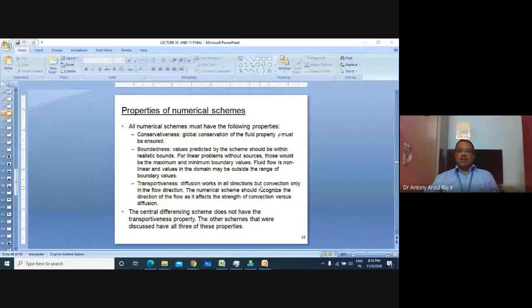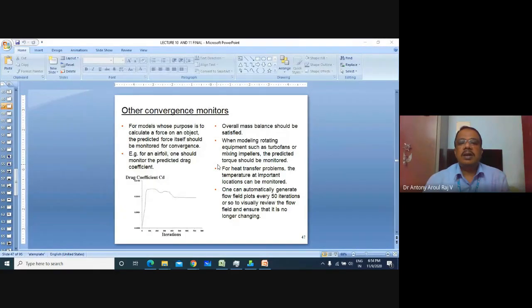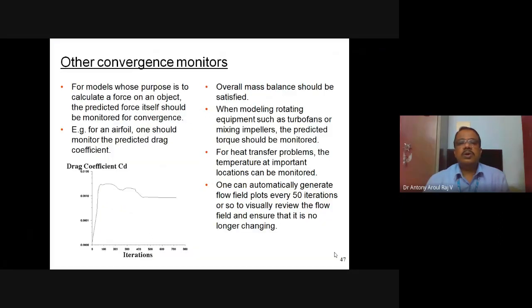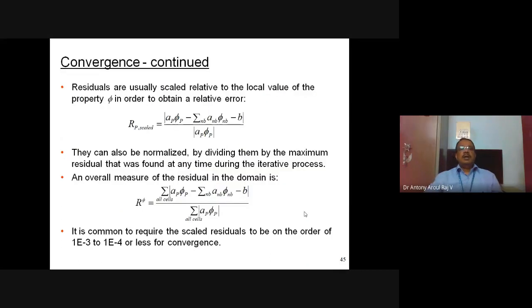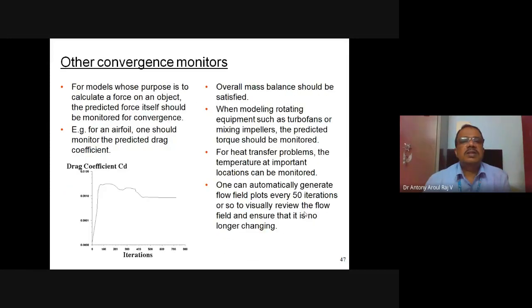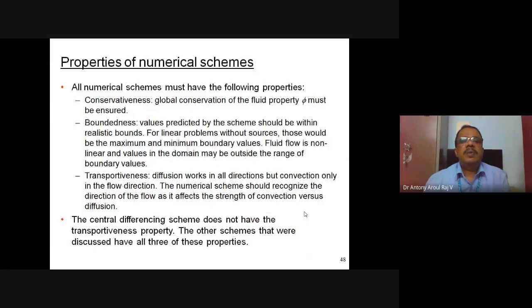Now I think I have introduced to you the various topics in the solver. I told you about what is convergence, what is residue, what is the variable, what is the solution of the variable. So all these things we have discussed. And what are the properties of the discretization scheme. The first property is conservativeness. If conservativeness is there in the property, then only you will be